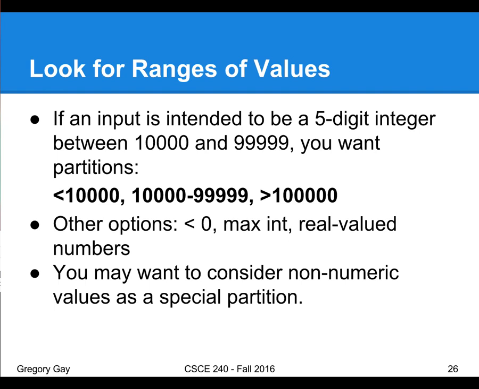Well, you want to try certain things. You want to try something from that range because that's what you're expecting in your method. You also want to try something below that. Try a 4-digit integer, and try something above that. Try a 6 or greater digit integer, right? Or depending on the context, if it's expecting a positive number, try a negative number. Try maxint. Try passing in something that's not even an integer. Pass in a float and see what happens, right?